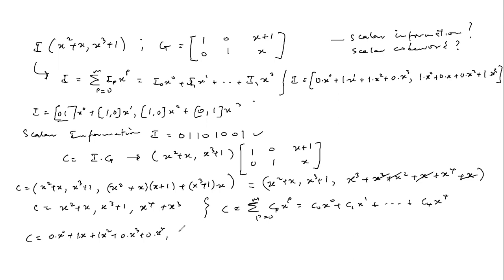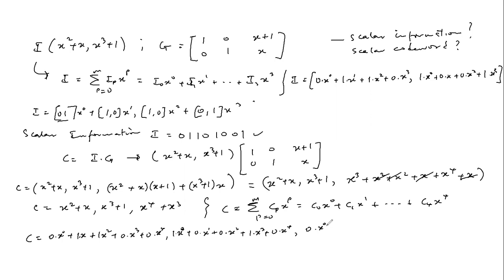Then comma, 1 dot x to the power of 0 plus 0 dot x to the power of 1 plus 0 dot x to the power of 2 plus 1 dot x to the power of 3 plus 0 dot x to the power of 4. Now comma,